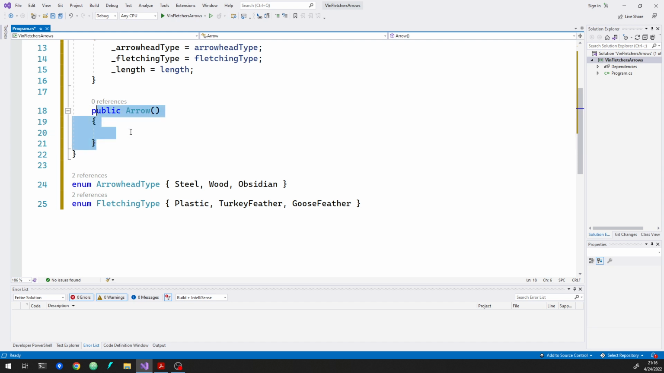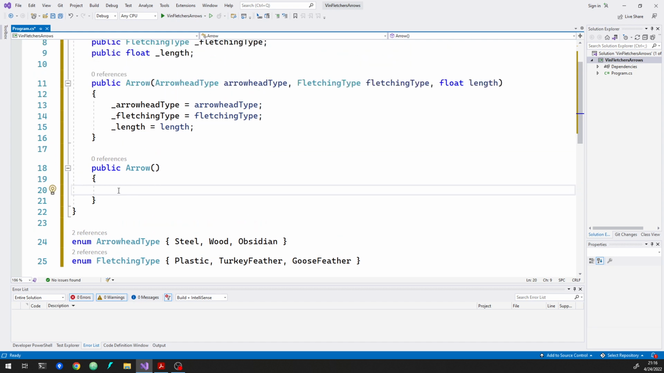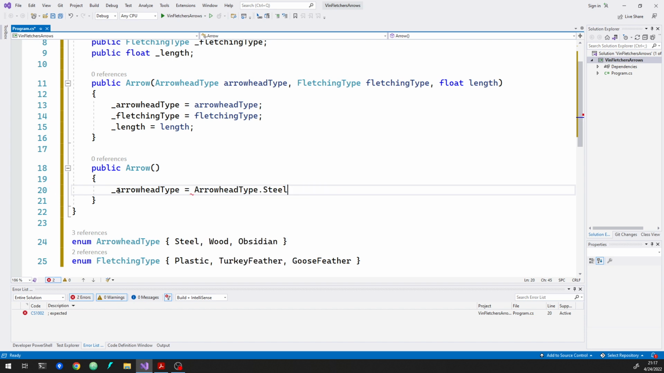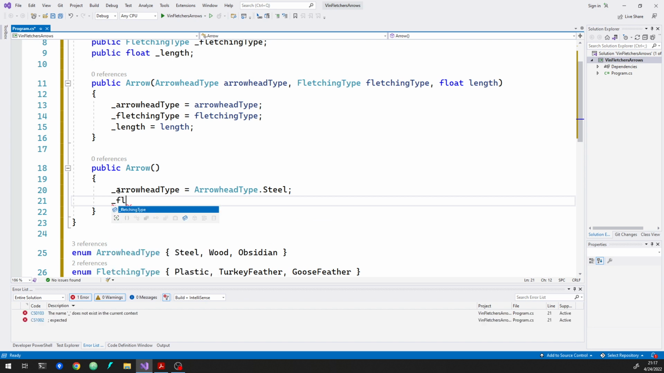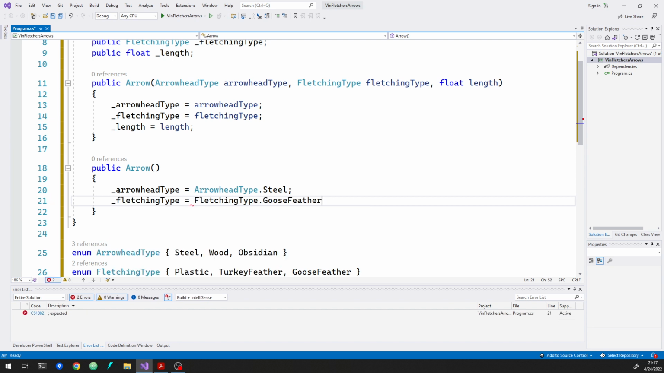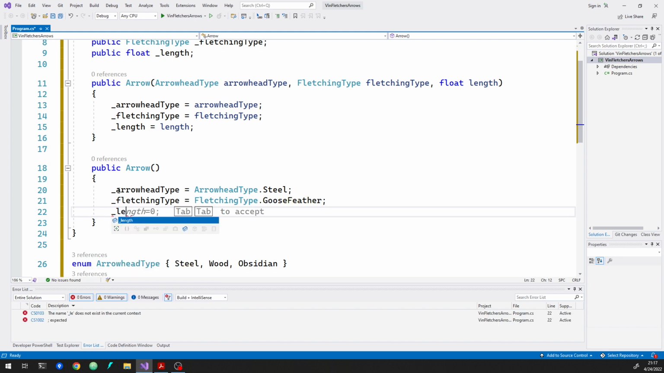So maybe that's a compelling reason to not have this second constructor, but I think it's worth illustrating here that we could have multiple constructors. The challenge doesn't demand it, but I'm going to do it anyway. And we could do something like arrowhead type is, I mean, maybe steel is the right choice. And the fletching type, let's make this be goose feather. And the length,